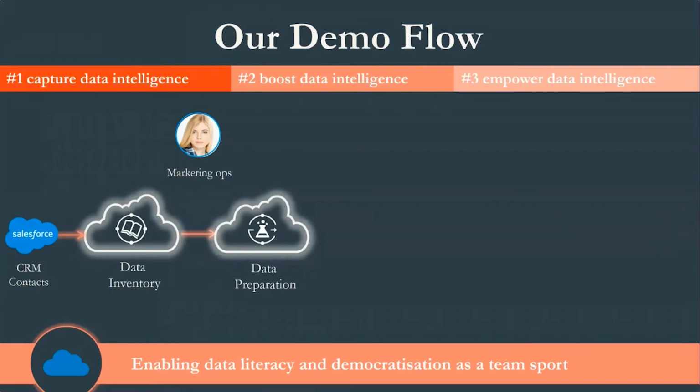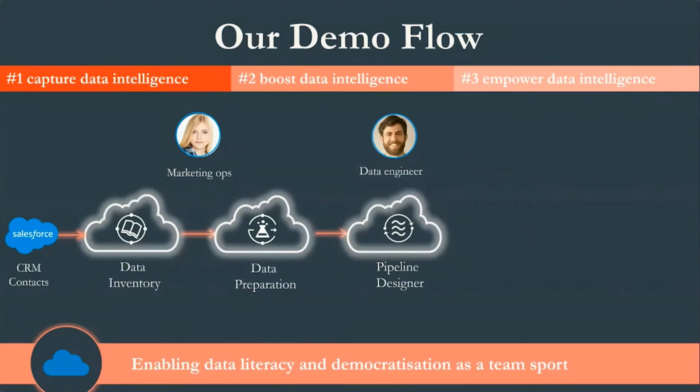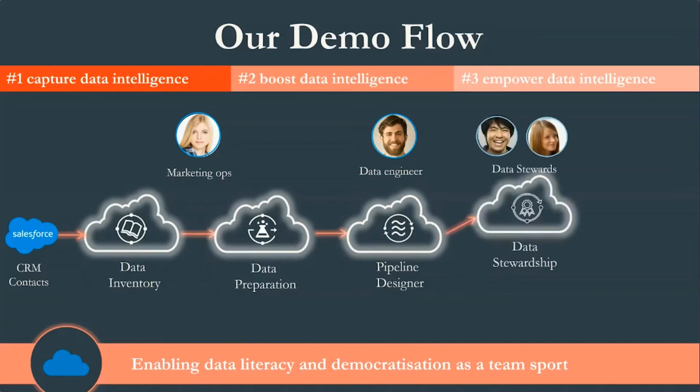When it comes to boosting that data intelligence, what we're going to do is encapsulate or leverage that data intelligence that the marketing ops person has provided by way of the preparation, and industrialize or operationalize that within a data pipeline. So capturing the intelligence that the data owner, or in this case marketing operations, has provided as part of an operational pipeline to drive the improvements of that CRM data. But as with all things, there may still be anomalies or issues with that data that may need further subject matter expertise to help remediate and guide the resolution of delinquent or incorrect or inaccurate data.